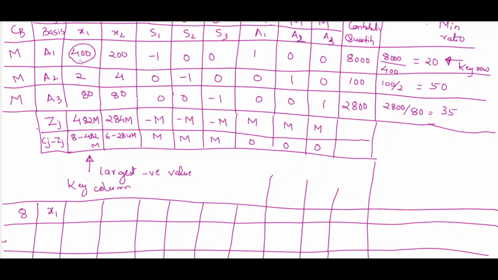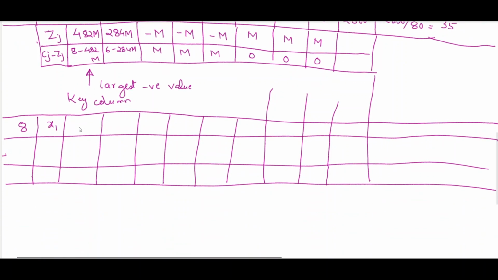So you will divide the entire row by your intersection element 400. So it will be 1, obviously here it is 1. Then it will be 1 by 2, then minus 1 by 400, 0, 0,